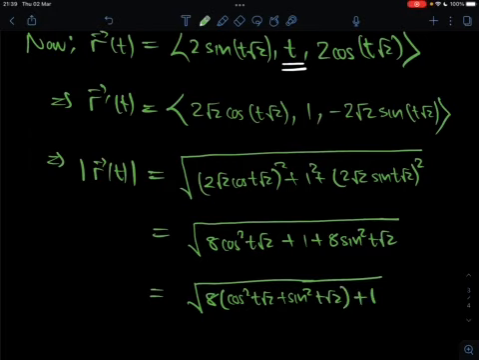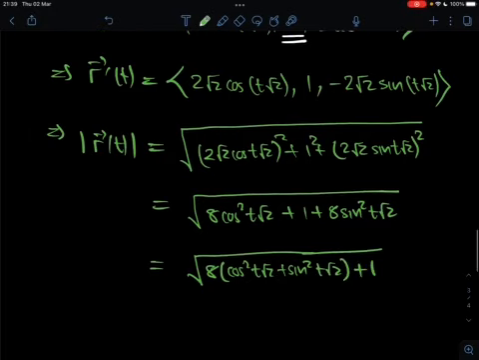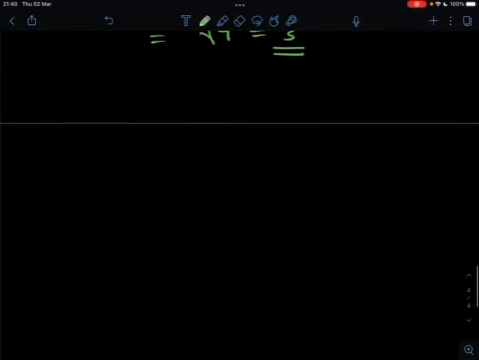Then plus the 1 that is remaining. But recall, cos squared plus sine squared is equivalent to 1, which means this will just simplify to root 9, which will then give us a 3, like that. You see. So now knowing this, it therefore follows that